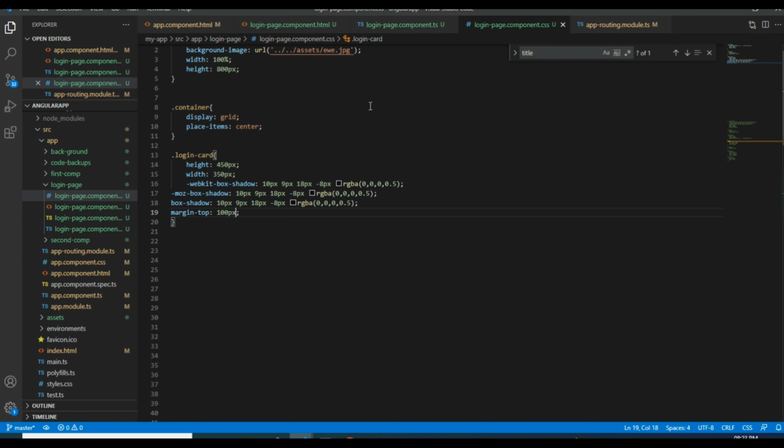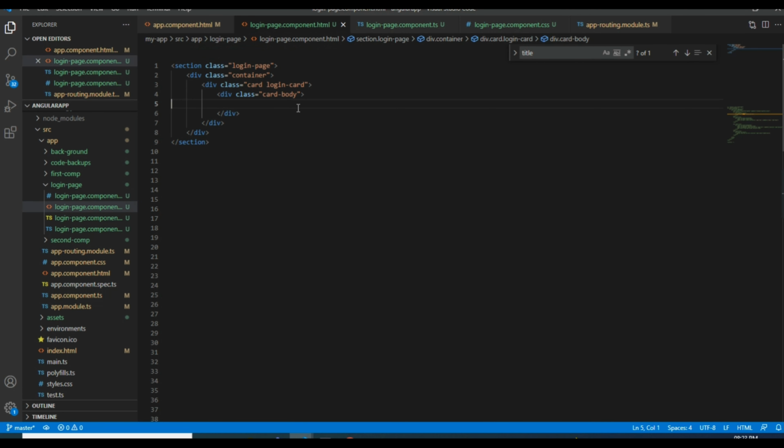Now let us focus on the HTML part. Inside the card I will give a form first of all, with the form name as login form equal to ngForm, and later we will check with the submit also.